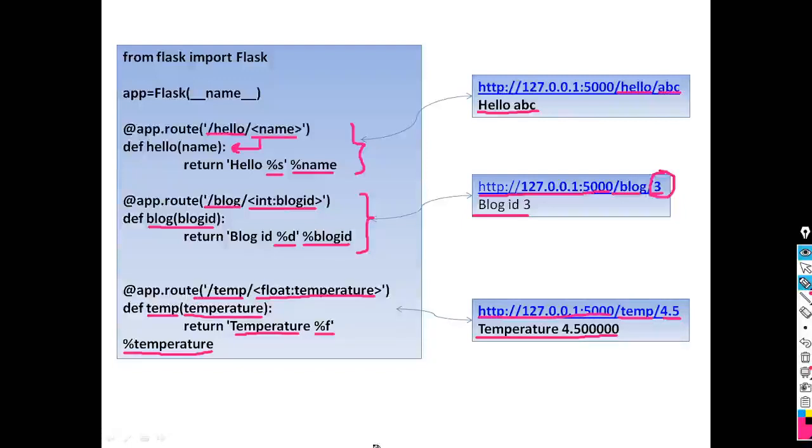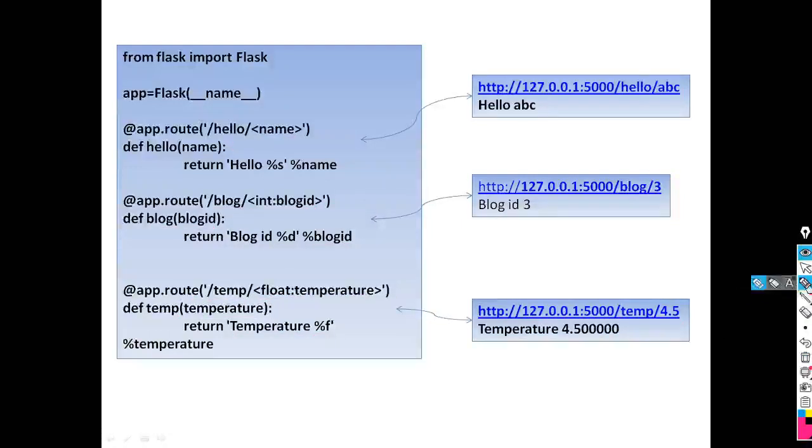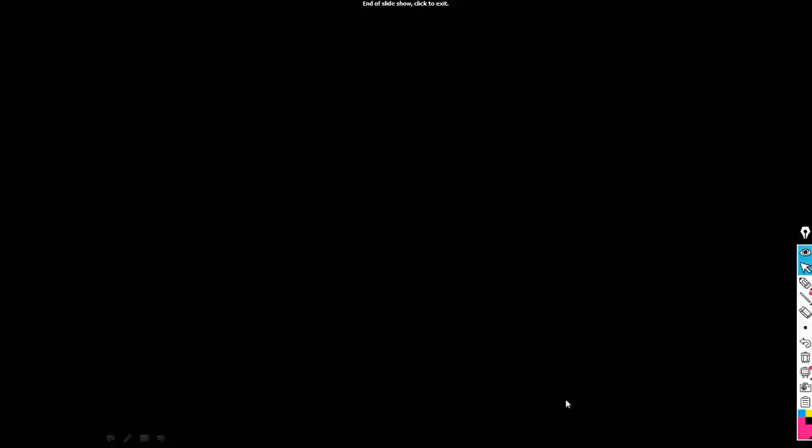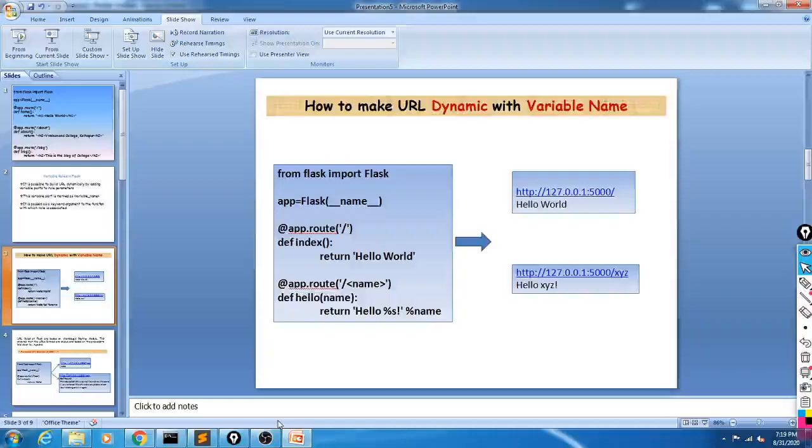Okay, so in this example we have seen how we can pass a string value, how we can pass an integer value, how we can pass a float value, and how we can change the URL dynamically when we execute it in the address bar. Okay, so this is the example. Now we will see how it executes in Sublime by using the edit